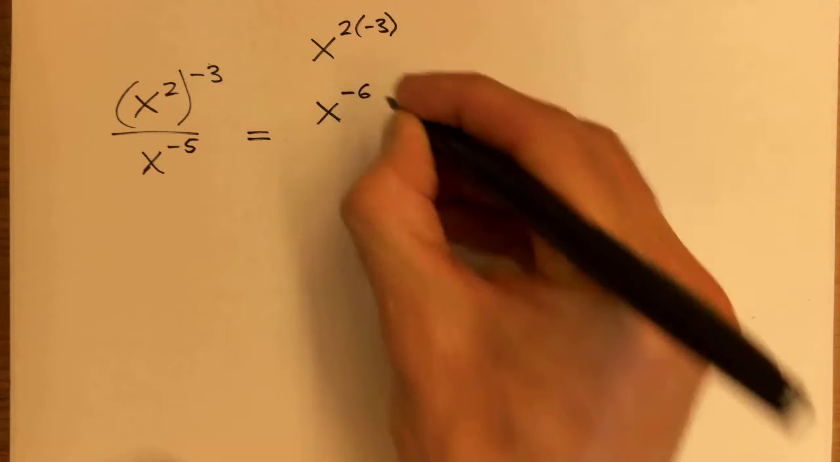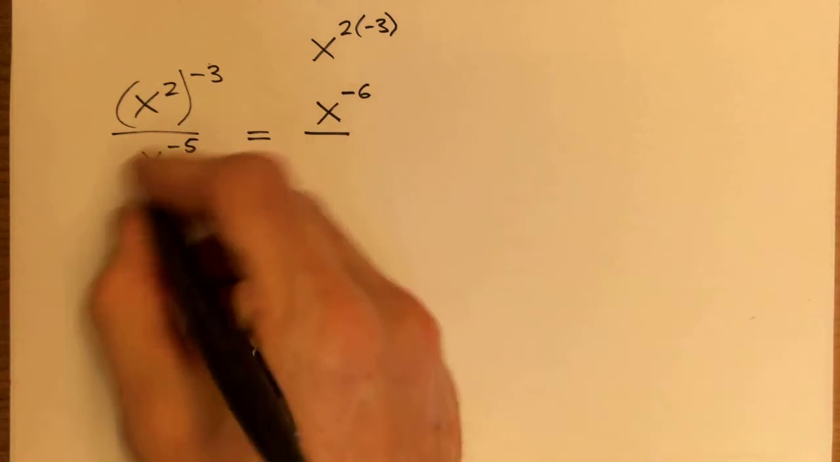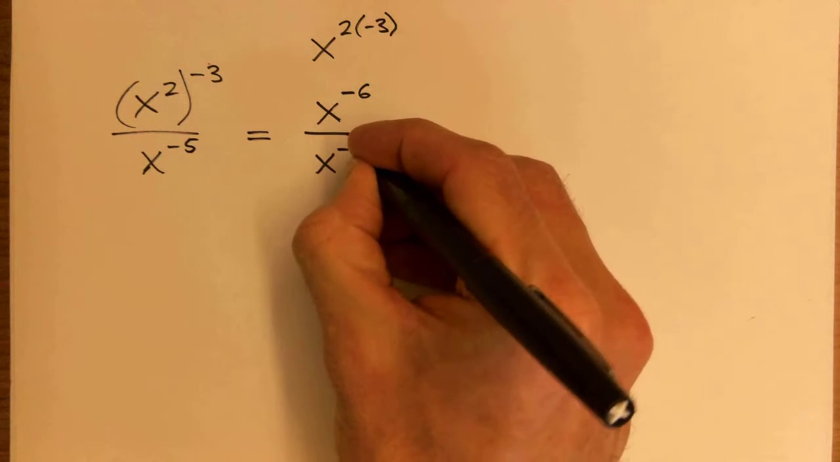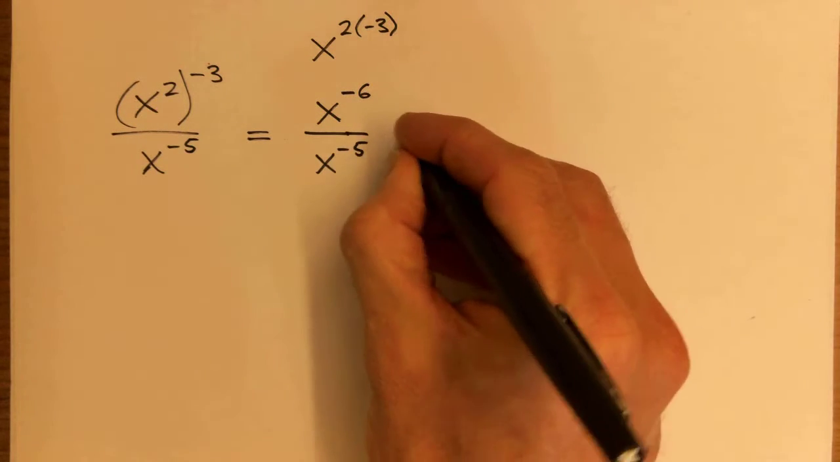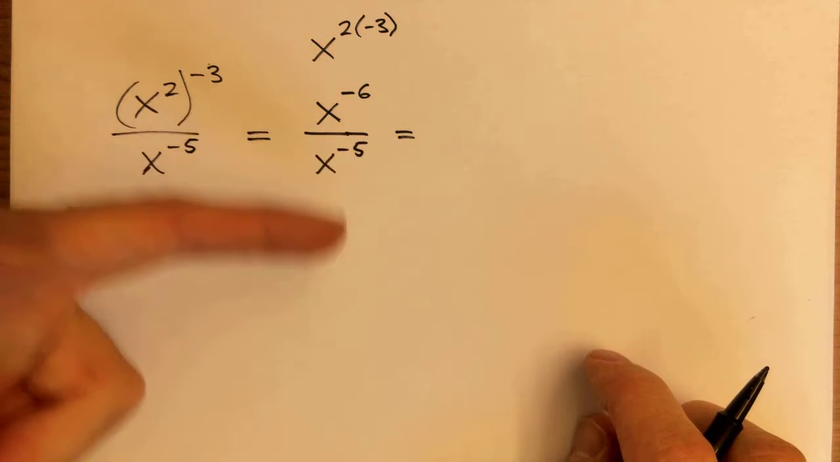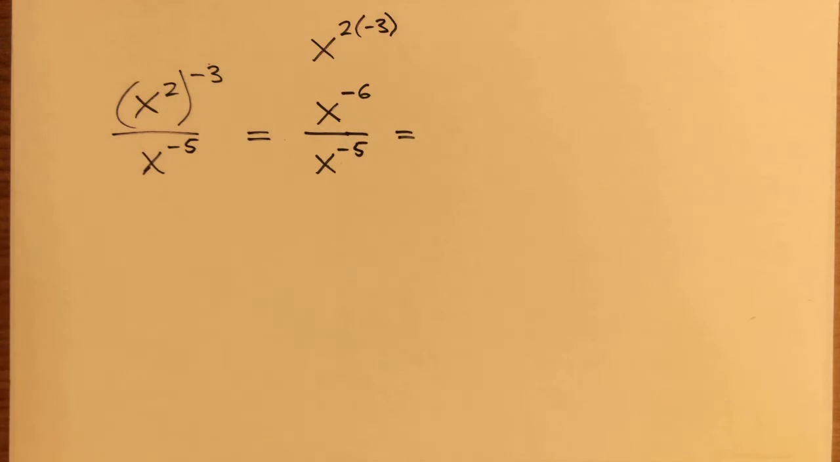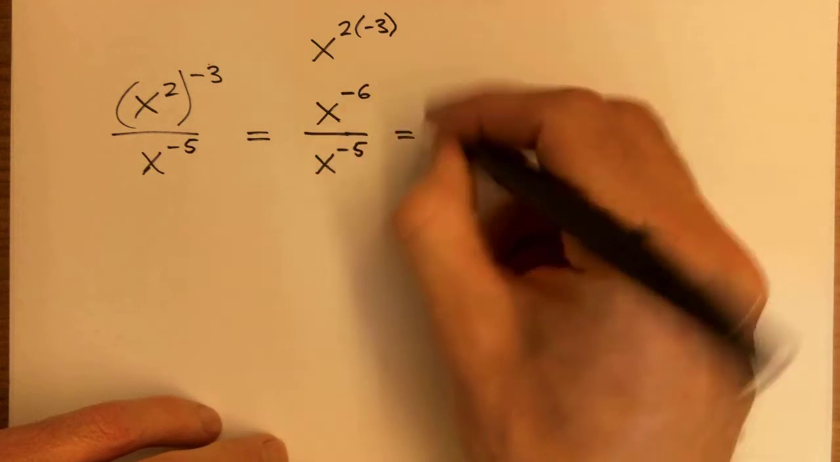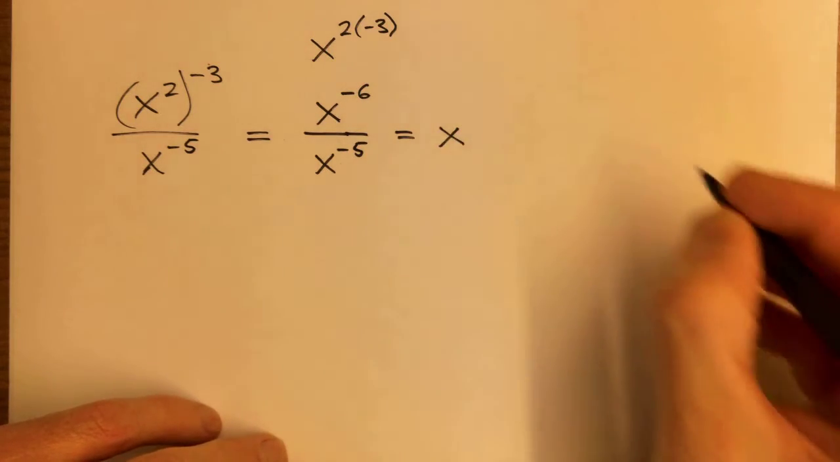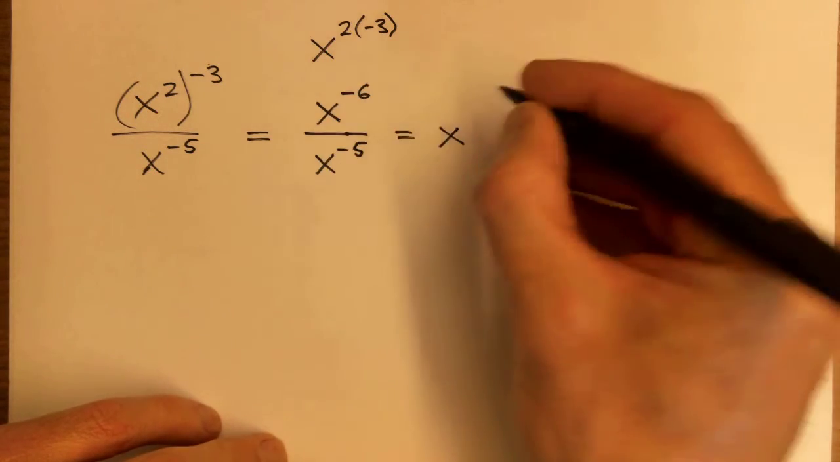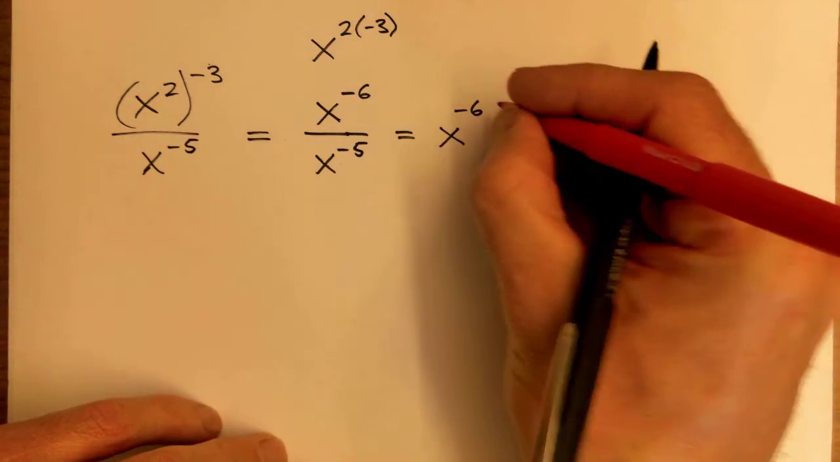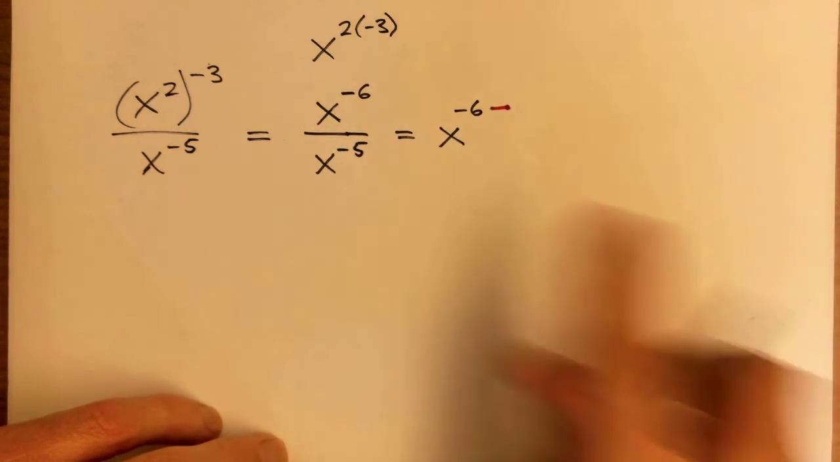negative 6, right? And on the bottom it's just x to the power of negative 5, so we can write that down. Now we're dividing by the same base. So there's a property we learned to deal with that. If you're dividing by the same base, what can you do with the exponents? This expression becomes x to the power of, take the top exponent, negative 6, and subtract the bottom exponent, which